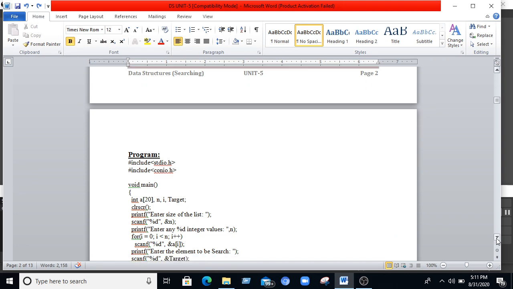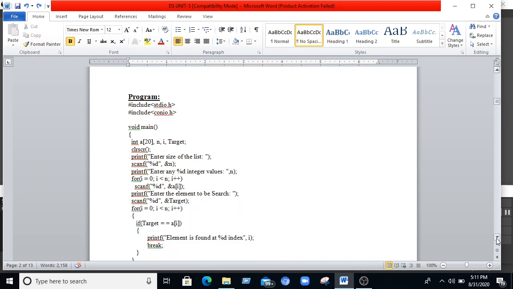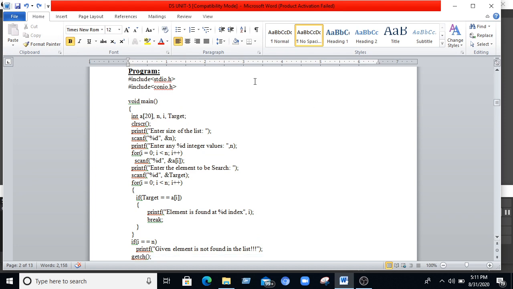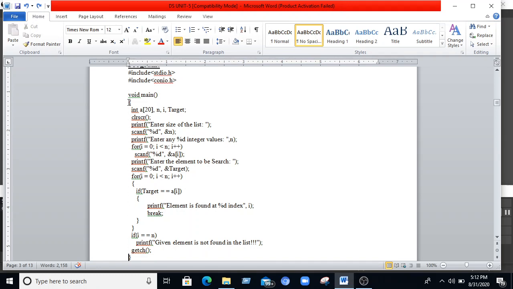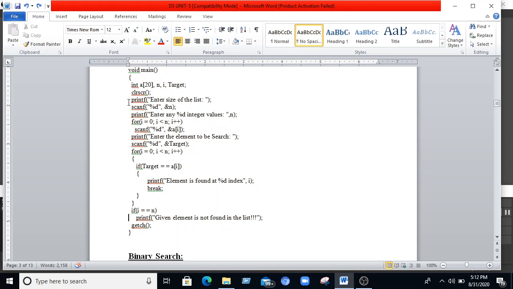This is the C program for the linear search technique. Here we are including the header section. In the header section, we include #include <stdio.h> and #include <conio.h>. This is the main part. We are not using any global variables or declaration section. We move directly to main. We didn't write any functions over here. We have placed all the target code in main itself.